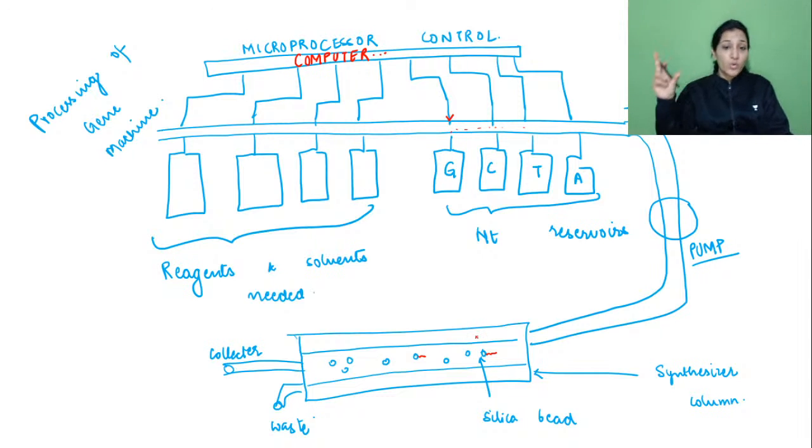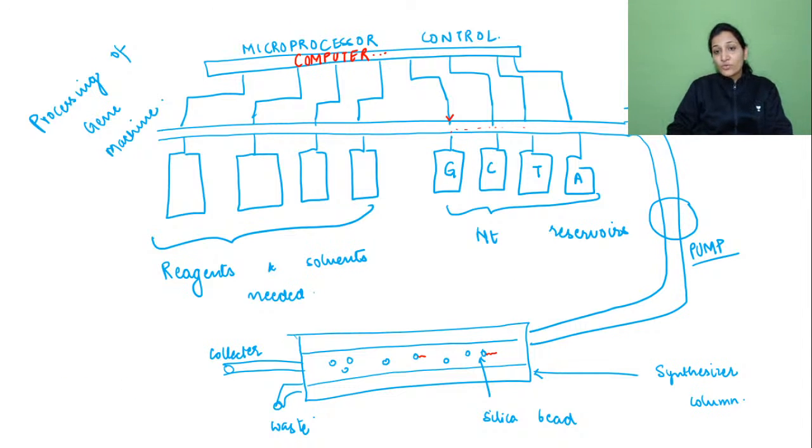Every time it opens, these nucleotides have a block on their right end. The left end will go and attach to the bead, but the right end is blocked. It cannot attach with one more G, because there would be lots of chaos. So they have provided a block, and blocks can be removed by these reagents and solvents. After addition of a nucleotide, an unblocking agent is provided. When that unblocking agent unblocks the right end of this nucleotide, only then will that nucleotide be able to join with the next nucleotide. That is the processing of the gene machine.